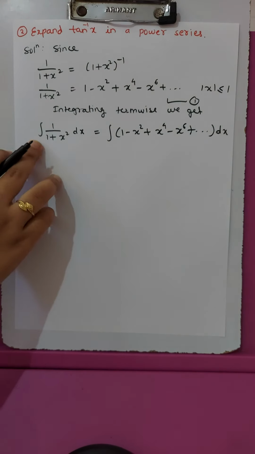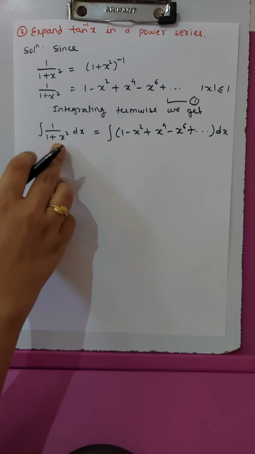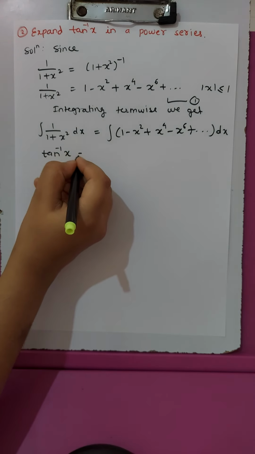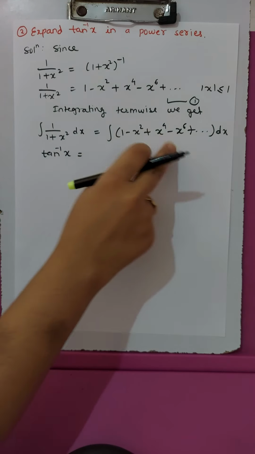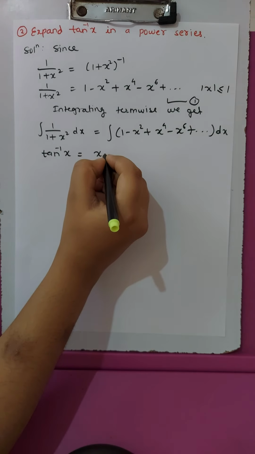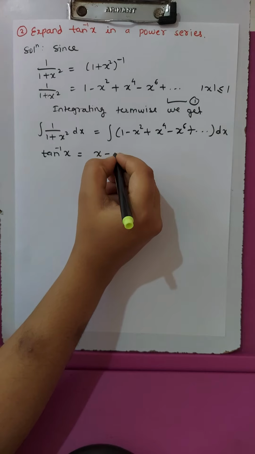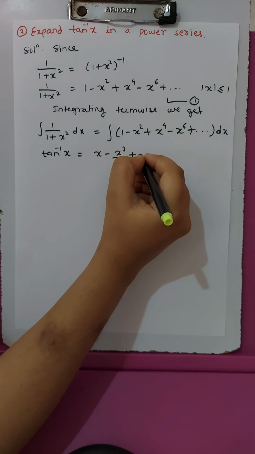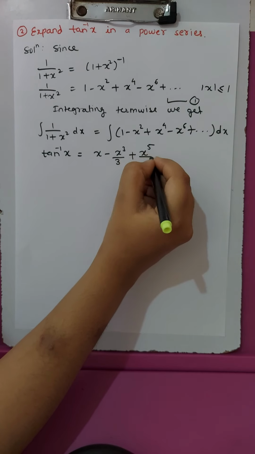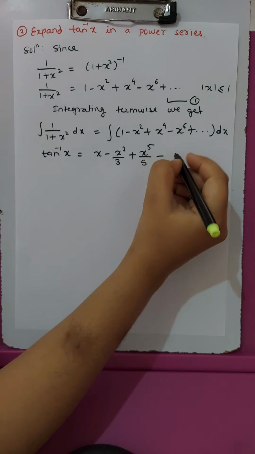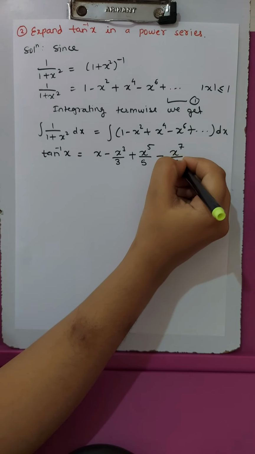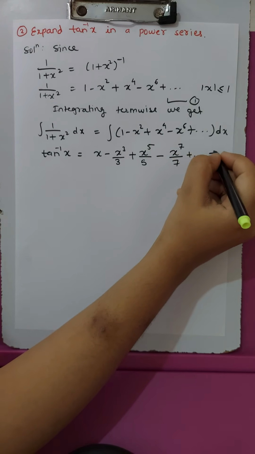Now we know that integration of 1 upon 1 plus x square dx is tan inverse of x, and integrating each term, integration of 1 is x, minus integration of x square is x cube upon 3, plus integration of x to the power 4 is x to the power 5 upon 5, minus integration of x to the power 6 is x to the power 7 upon 7, plus